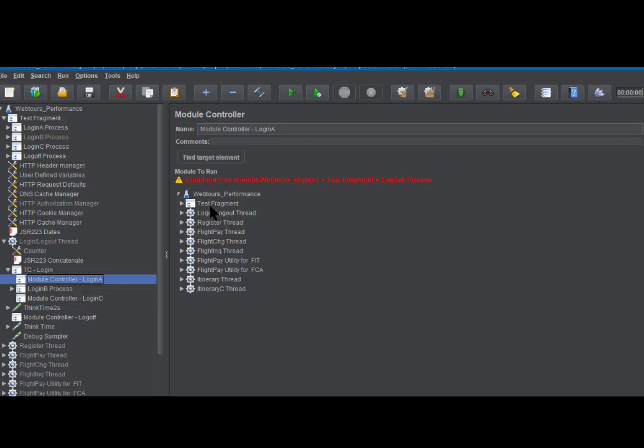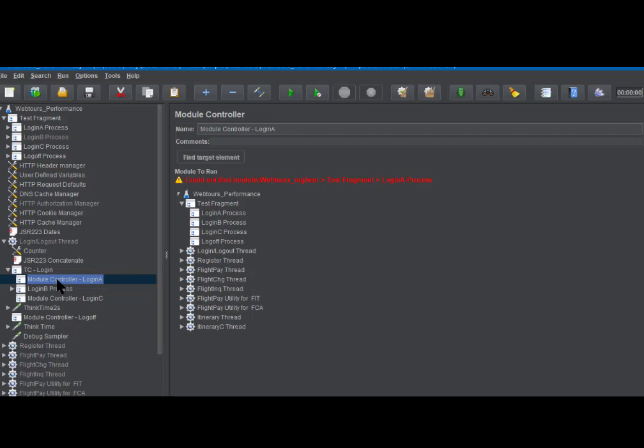Well, in the test fragment, I can also pull code from other scripts within this test script, but I can expand on test fragment, and now I see those same processes that were defined up here. So this came from the original login script that I recorded, and now I'm able to select from that what do I want to process